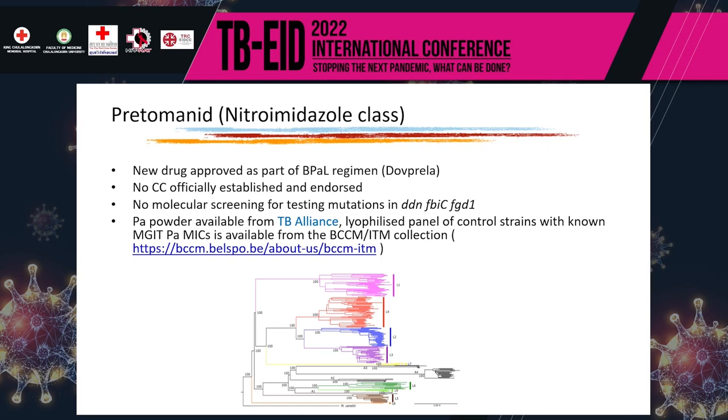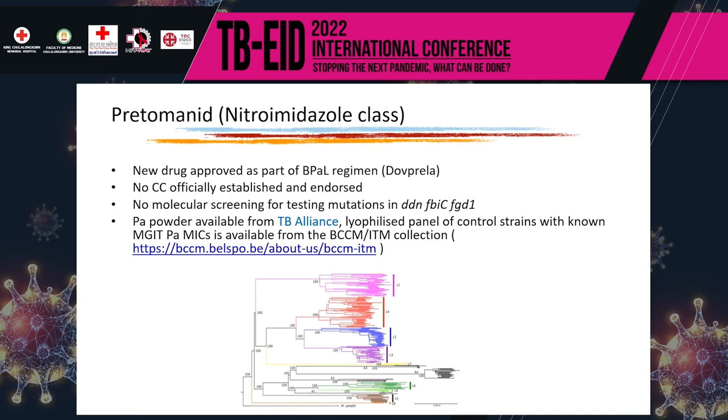And there are no molecular screening tests for the mutations in the genes that are associated with resistance to pretomanid. There is also information on cross-resistance, knowing that there is not a complete overlap in terms of cross-resistance. The pretomanid powder is available from TB Alliance and should be made available to the laboratory, at least the reference laboratory or the national laboratory in each country, when the regimen will be started. What is really important to be kept in mind is that there is a peculiarity that is coming out with pretomanid. What you see in the cartoon below is